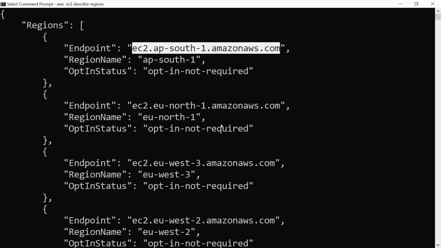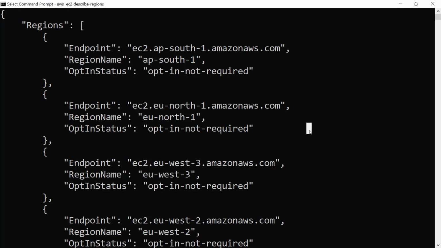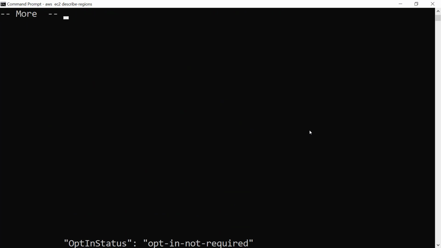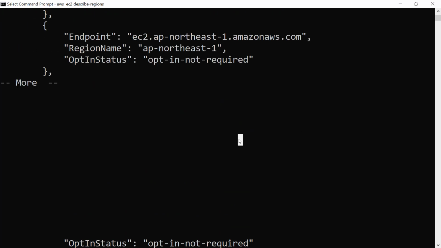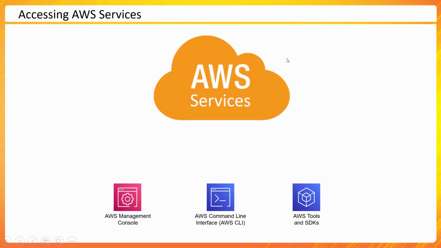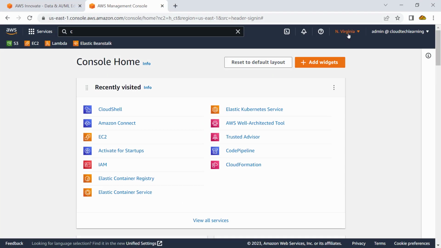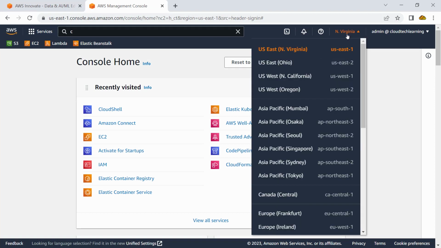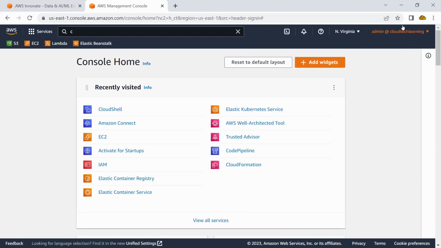You don't have to take care of these endpoints manually. The service is smart enough, it would take care of things for you, but in case you want to send request to a specific endpoint, that is also possible. You could do that, shouldn't be an issue. So if I'm utilizing a management console, here is my option to select an endpoint where I want to talk to which region, and then in that individual service, I would be selecting a region. So that is another option, which is my command line.